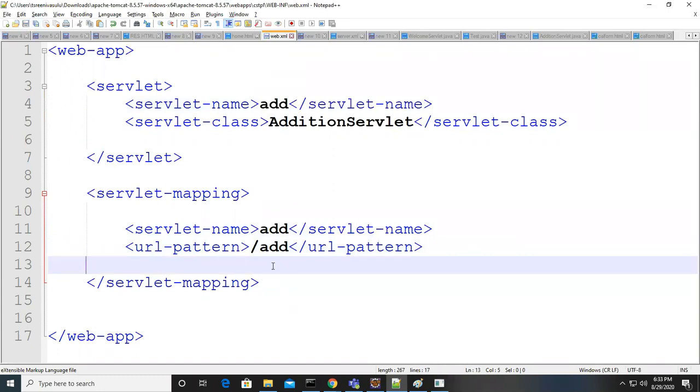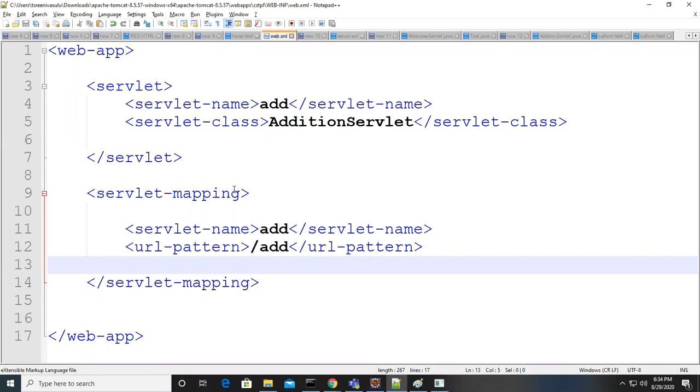To access this servlet, what we have to do is, you know that, HTTP, IP address, port number, project name, like this you can specify. You already know that pattern. So at last, what we have to specify? The resource URL pattern, the resource path we have to specify. Am I right? We have to specify a resource path.